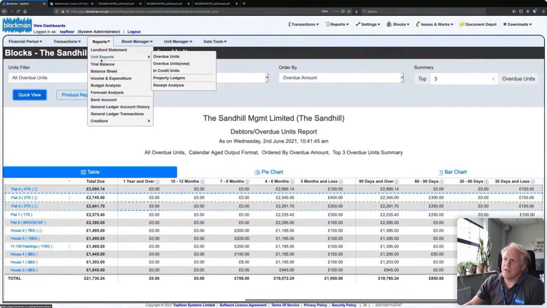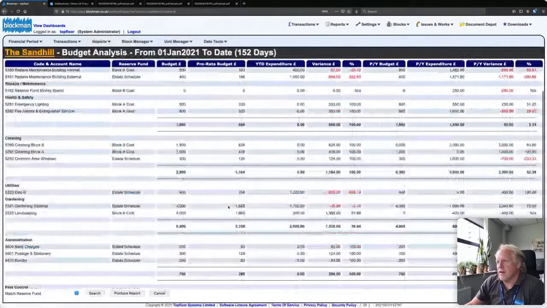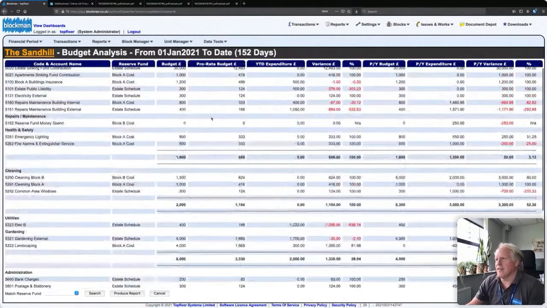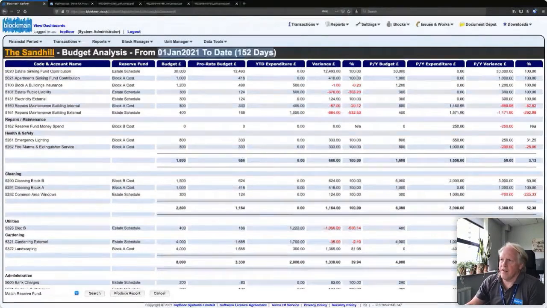Other important reports following on from the balance sheet and the income and expenditure report. There's the debtors, as I've just shown you. There's a trial balance. There's a budget analysis. It's like a variance report. So if, for example, I'm overspending in a particular area, it'll predict towards the end of the year, based on that pattern of overspend, how I could possibly finish up by the end of the year. So red obviously is bad. If I have a budget of £400 on repairs here, I've already spent to date 1,050. I could be 500% over by the end of the